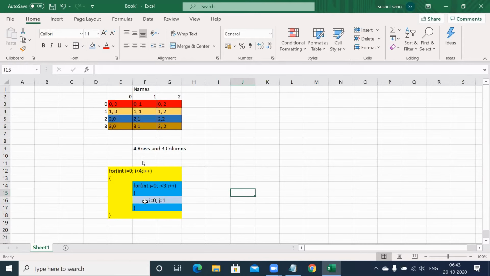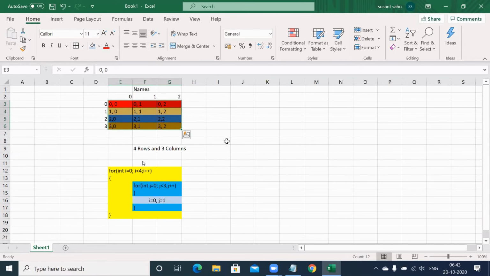So like that, if I say this is my address of the cell, I comma J, then it absolutely matches the indexes of your array. 0, 0, 0, 1, 0, 2. Here also I0, J0, I0, J1, I0, J2. That means this nested loop perfectly matches our index logic.